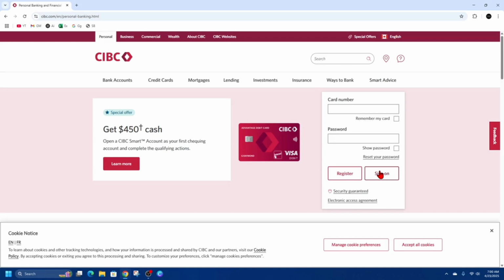Then once you're signed in, you'll see a list of bank accounts on the home page. Select the account, so you click on the account name or number for which you need the transit number. Then look for an option like account details or scroll until you see a section that includes transit number, institution